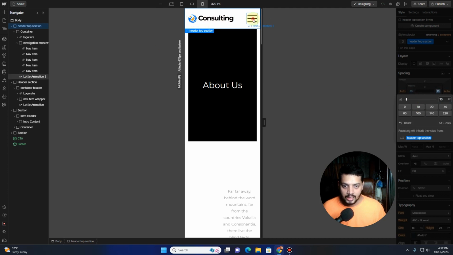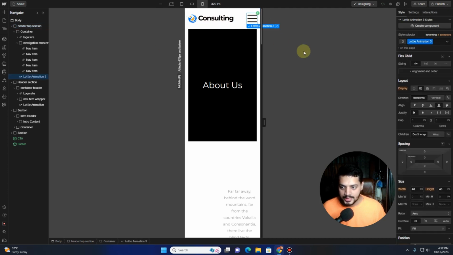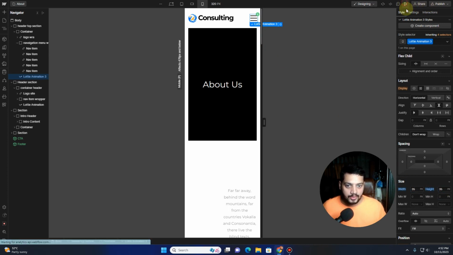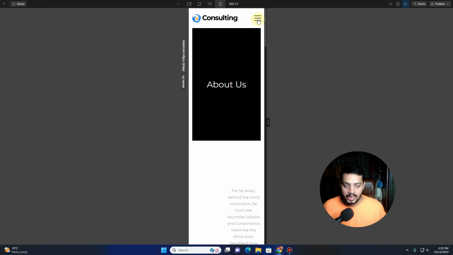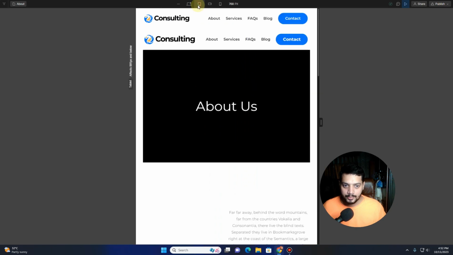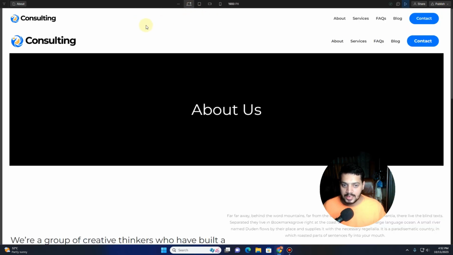side as well. Other than that, you can choose this Lottie animation or the hamburger that you have added and reduce the width of it and change it to 40 and 40, and that will reduce or increase the spacing between all of these things. And now if you review it, you will see that you now have proper spacing between these items. So this is the mobile version, this is mobile landscape, this is the tablet version, and this one is the